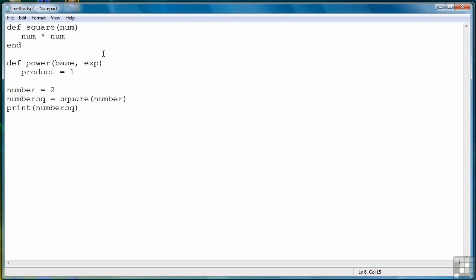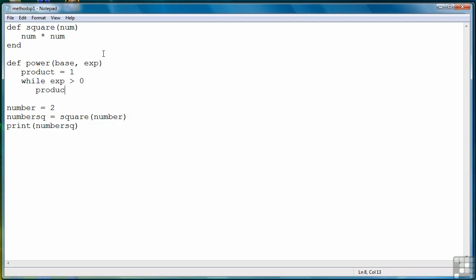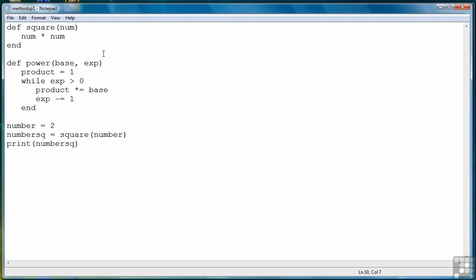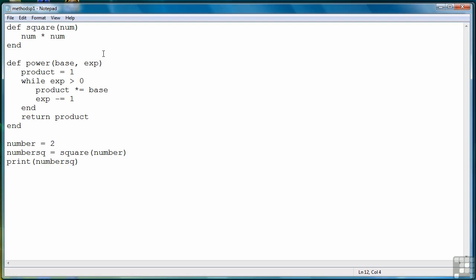So we're going to have to create a running product variable. Then we're going to say while the exponent is greater than 0, multiply our product variable times the base, and then subtract 1 from our exponent. And then when we're finished, let's do it with a return this time. This will make those of you who come from a more traditional language like C++ or Java happy to see the return there as a very simple and easy to understand way of recognizing